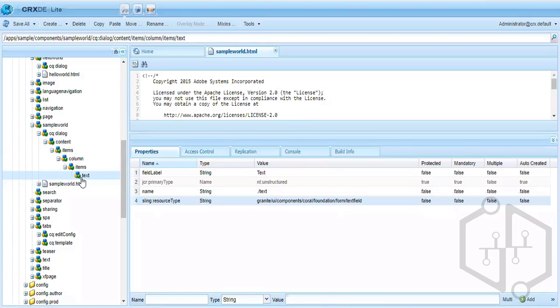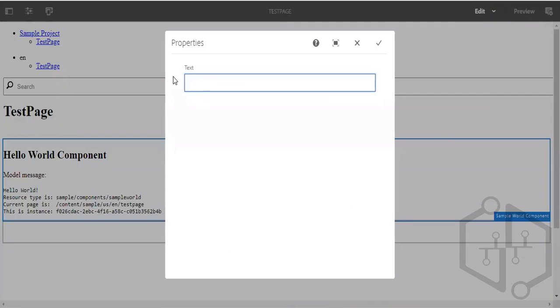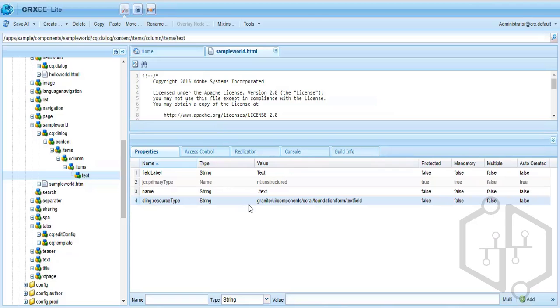Here we said, okay, this is the node. Every field inside a dialog, like see, this is a dialog and this is a field inside a dialog, would be of a particular type. It can be a text field, or a number field, or a radio, or a checkbox, or a lot of other types of field, like maybe some path field, or any other type of field. So